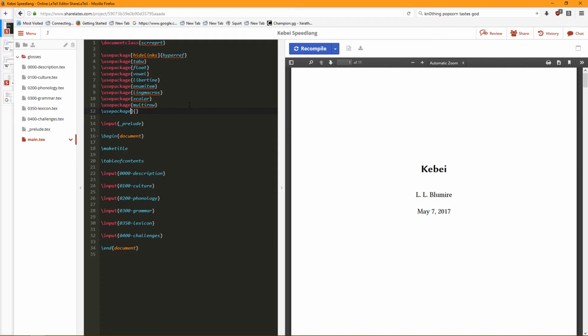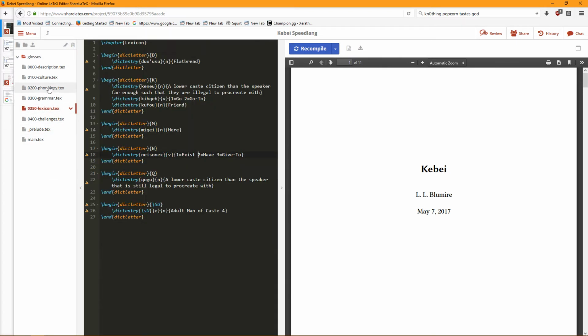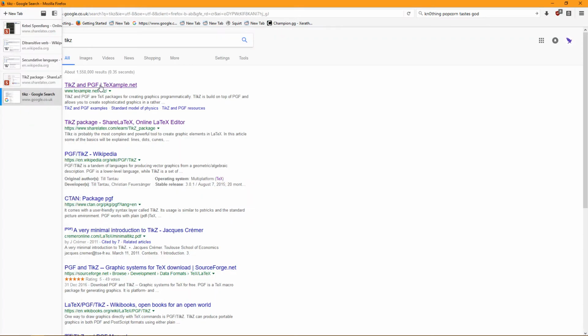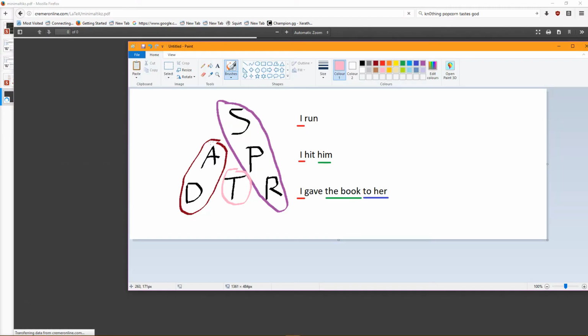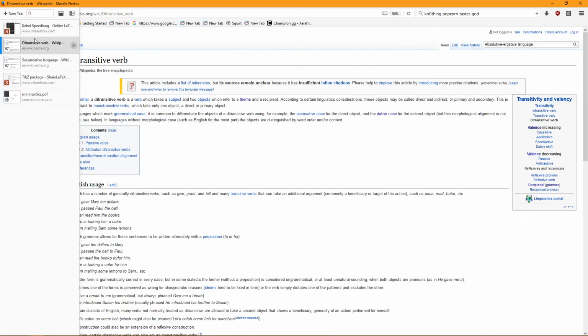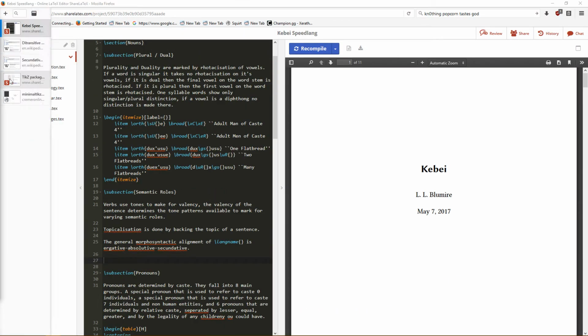Use package TikZ. Okay. No, is it called PGF? It comes with a user-friendly syntax layer called TikZ. I mean, I guess this is TikZ, so I have to use package PGF, I guess.